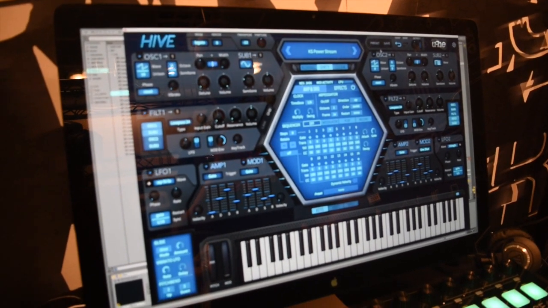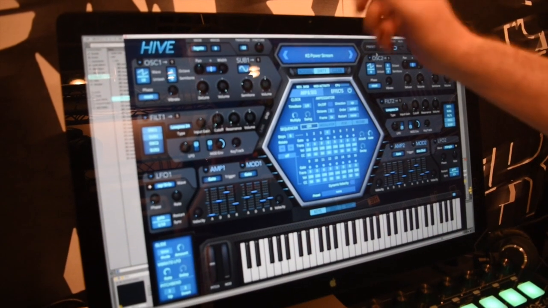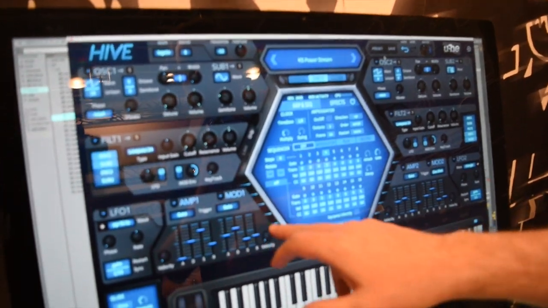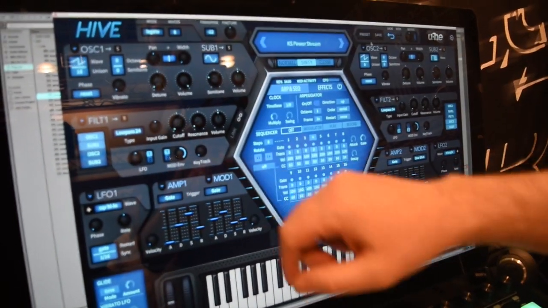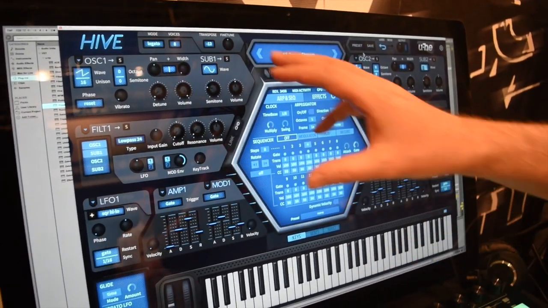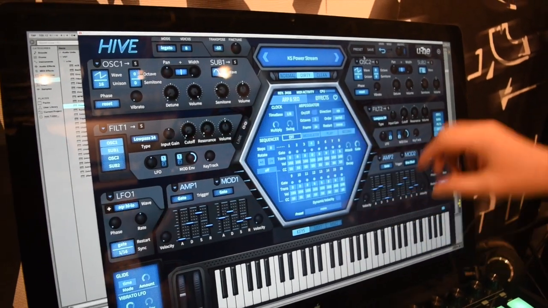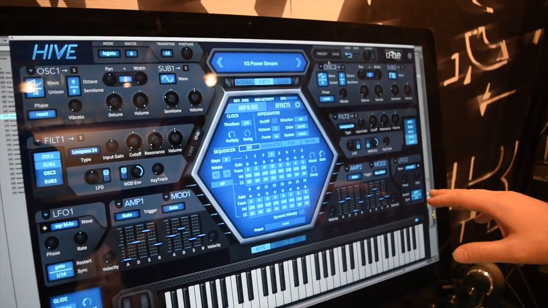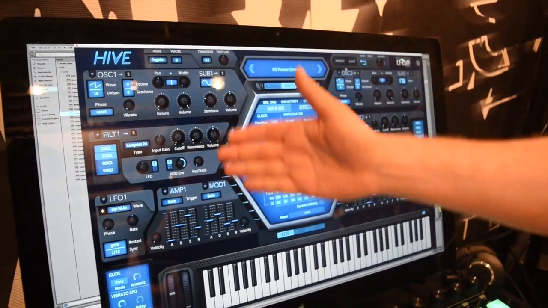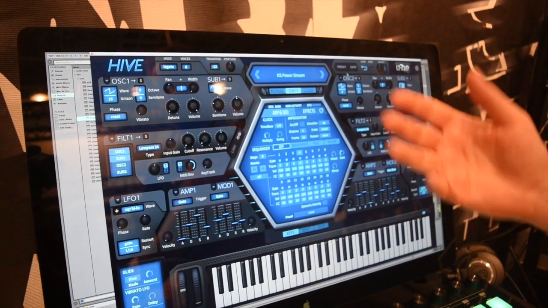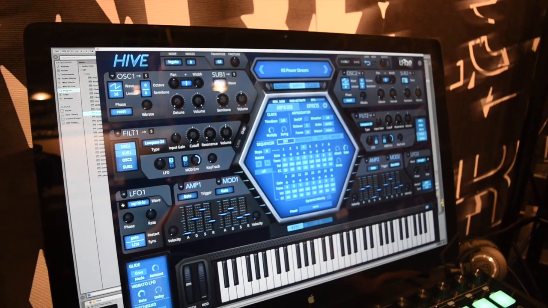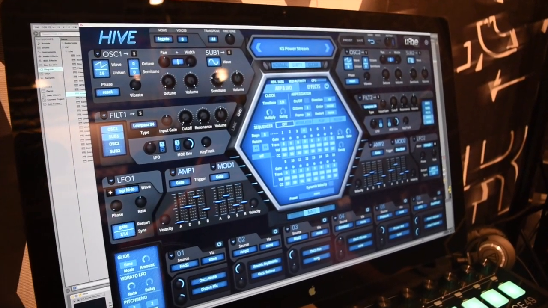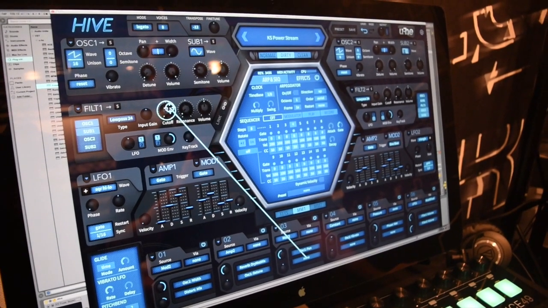It's focused on simplicity. You have a normal oscillator, sub-oscillator, filter, and envelopes on one side, and the same set of modules also on the right-hand side, and they're actually the same thing, and they have few parameters. Despite having few parameters, we have a modulation matrix down here that lets us pretty much